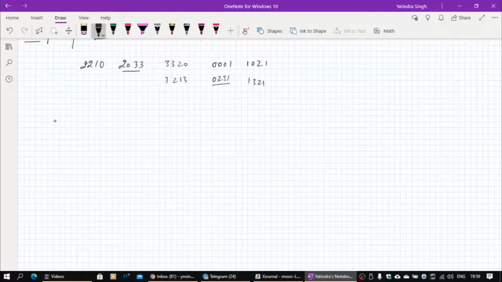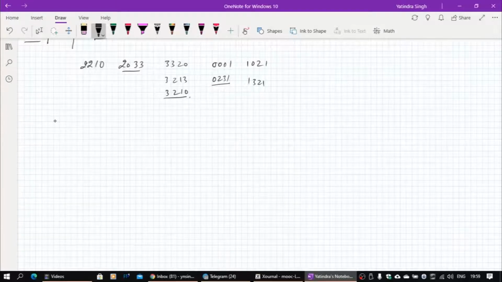These are already existing nodes. In between we also had 3210 being added, so I need to put that 3210 also. 3210 was an already existing node which has been underlined.